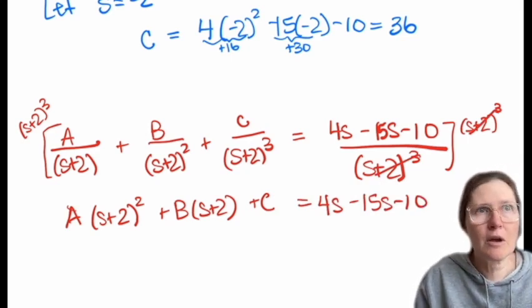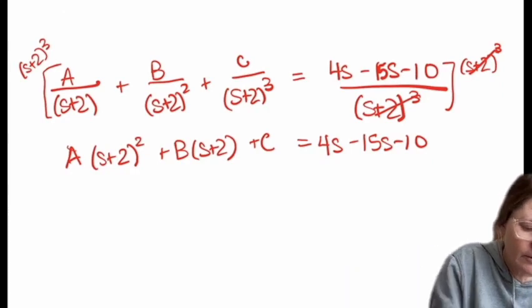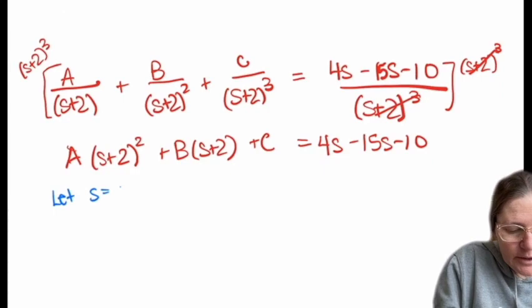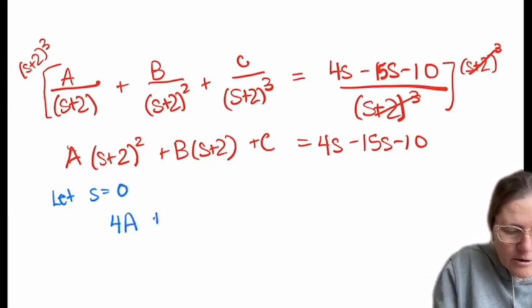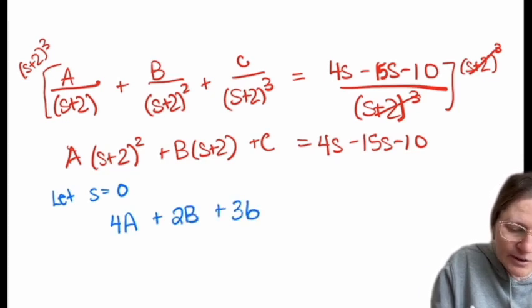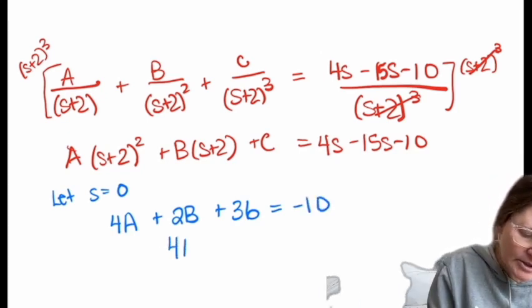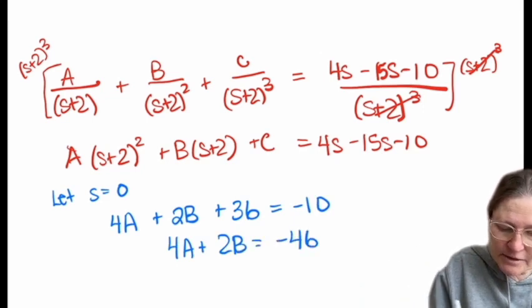From here you can just pick different values of s. So if I let s equal 0, that gives me 4a plus 2b, and then I use the value of 36 for c, and 0, 0 minus 10. So I'm going to have one equation that's 4a plus 2b equals minus 46,